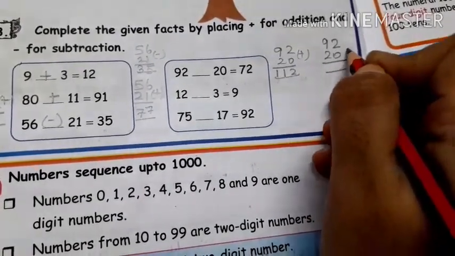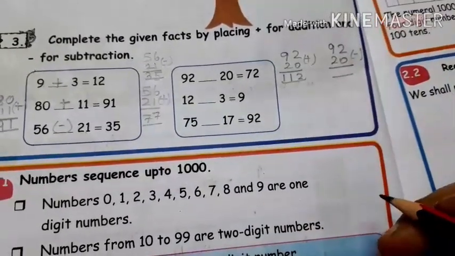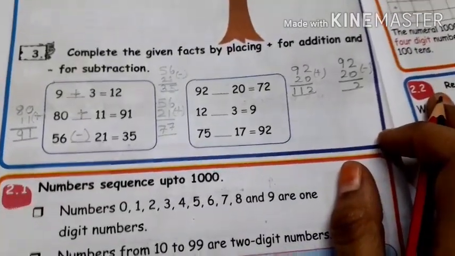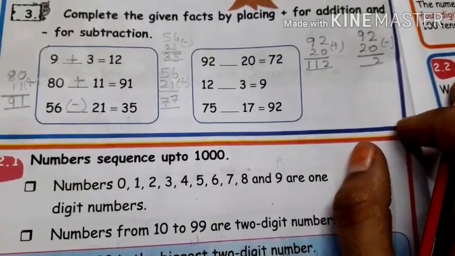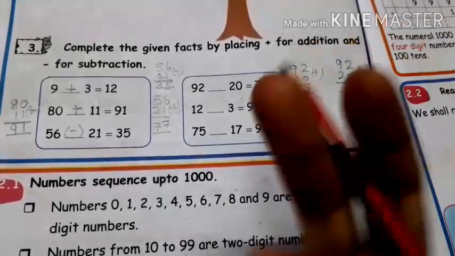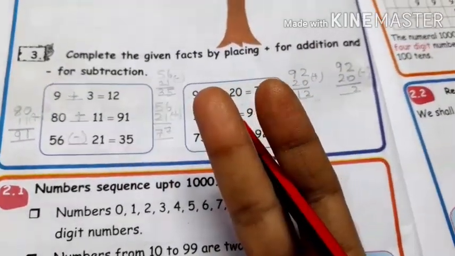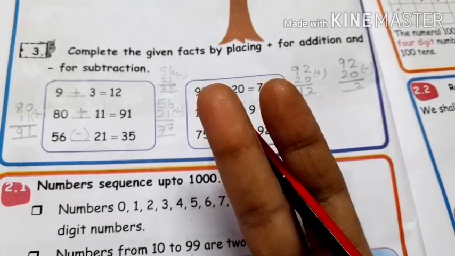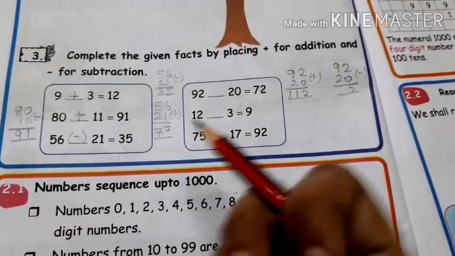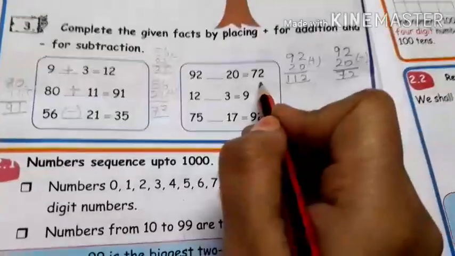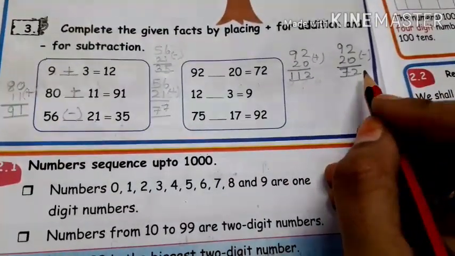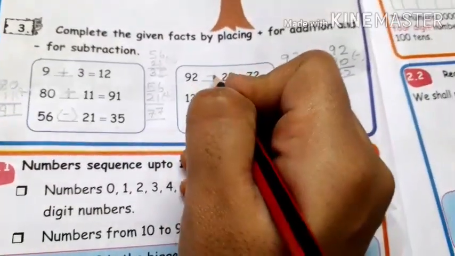Subtract the numbers, children. So 2 minus 0, 2. Whether you are subtracting or adding, you will get the same number. Okay. 2 minus 0, 2. 9 in the mind, 2 on the finger. For subtraction, you have to use before. So before 9, 8, 7. What number comes? 7. So 72. Which answer is correct, this or this? Yes, very good. This is correct. So here you have to put minus.